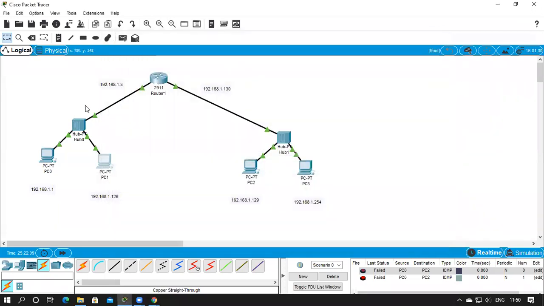Okay, the gateway for subnet 1 is 1.3. Now for subnet 2, the gateway address is 130.